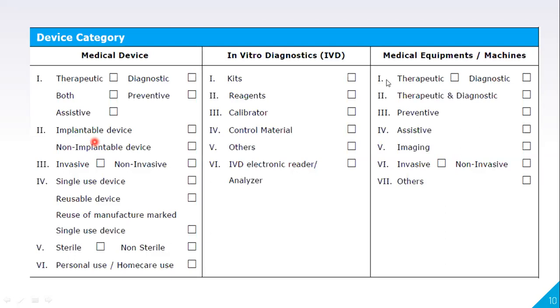Putting a band-aid on and giving the injection directly into the body, that is invasive. Sometimes we are not forced, but by using naturally formed orifices, which we can call holes, we can give those medical devices. Those are also called invasive.